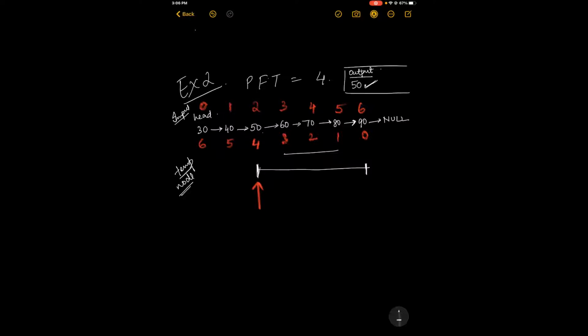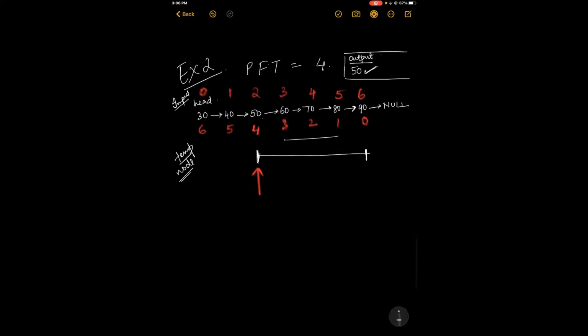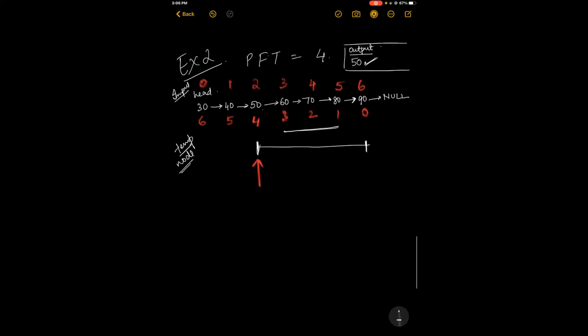So our first aim should be to separate these two pointers in such a way that the distance between them is these three nodes, and then we can move this set forward.